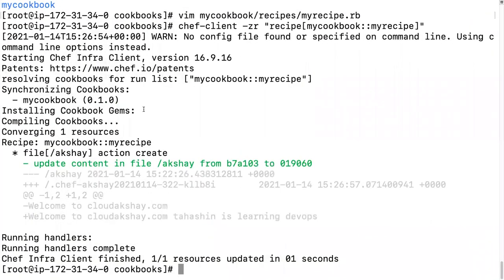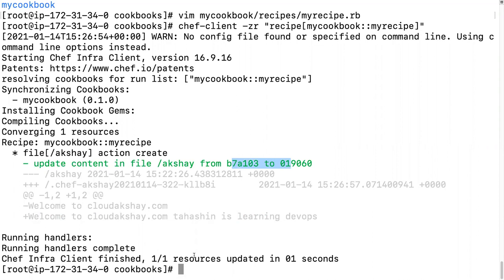So here you see this minus sign, that means this is my old content, and the updated content has the plus sign. So welcome to cloudakshay.com, and Tasin is learning DevOps. Okay, so this is the address where the new line is available.